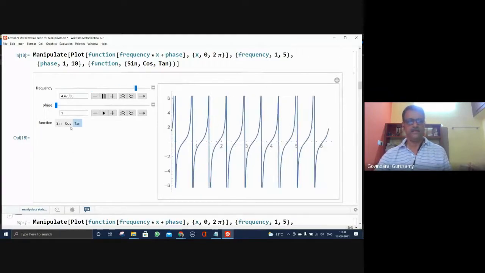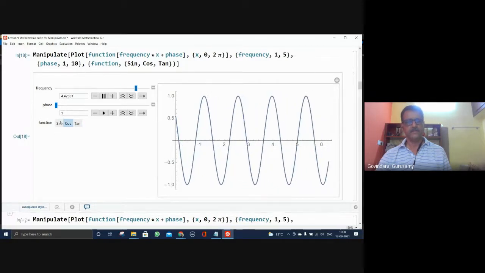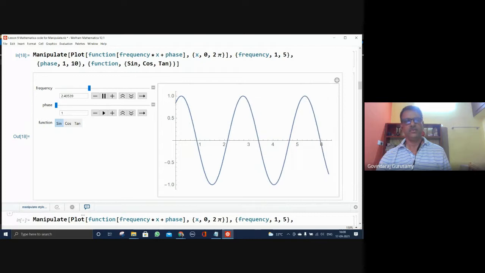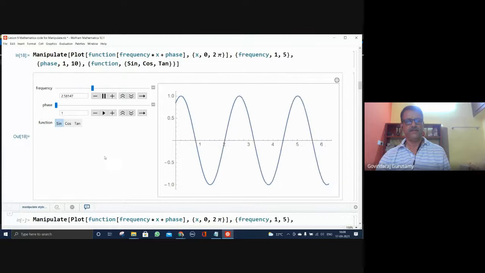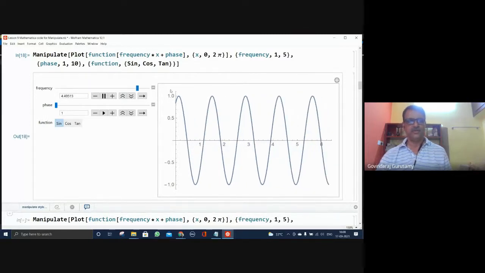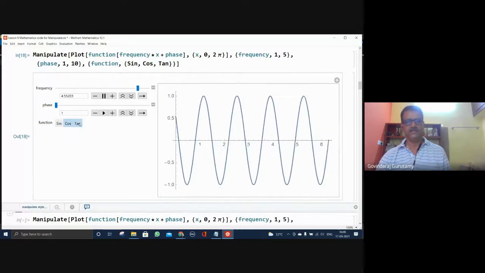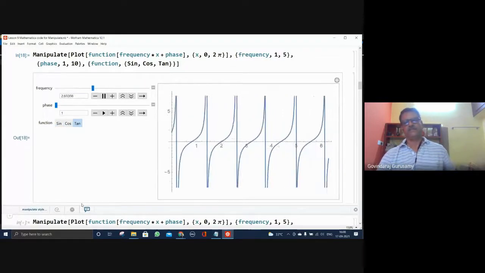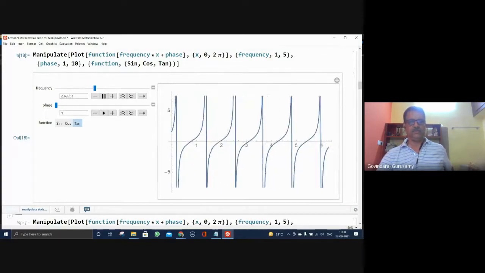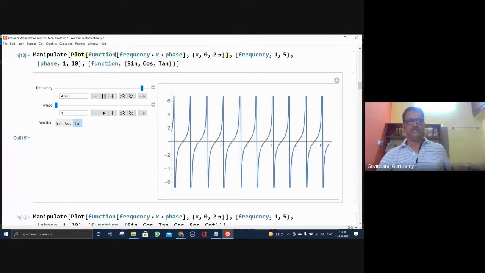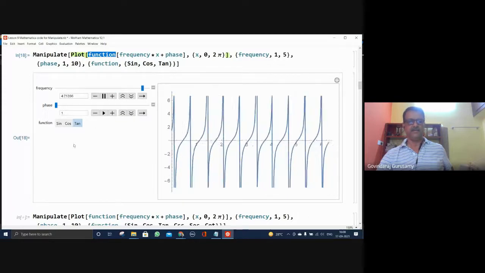And I can make it cos. You can make it sine. So, you can see them one by one. See that it goes one by one. You can see the functions and see their animations. So, initially we were given only one function, and that function itself we made a variable here, and we are just going one by one.